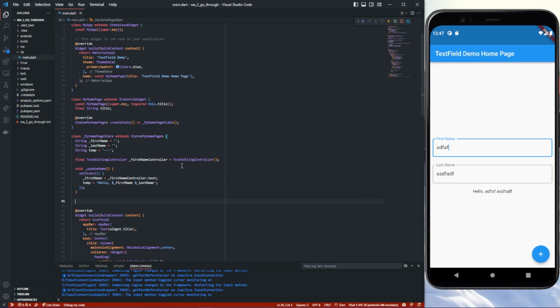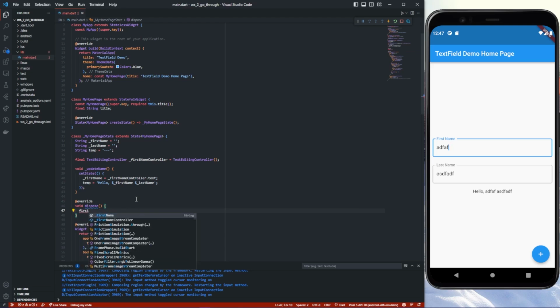However, when we call the text editing controller, when the app initially starts, it'll keep running even when it's not in use. So a good way to help prevent issues with that is to have an override function. So we just do that by doing the at override, and inside we can do dispose function, and inside of here we'll want to call first underscore first name controller dot dispose, and then just add some semicolons, and then